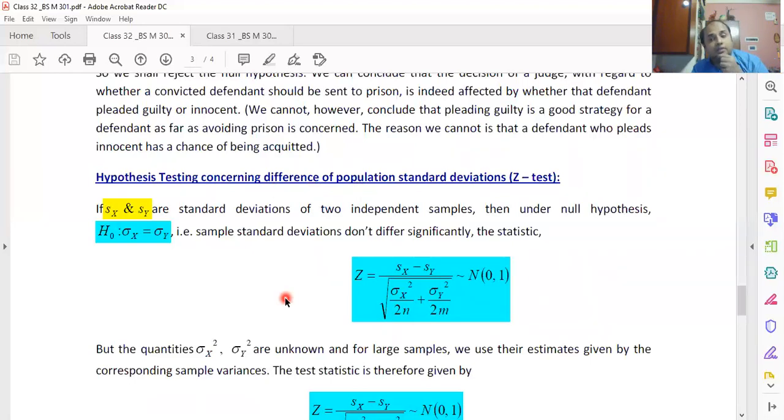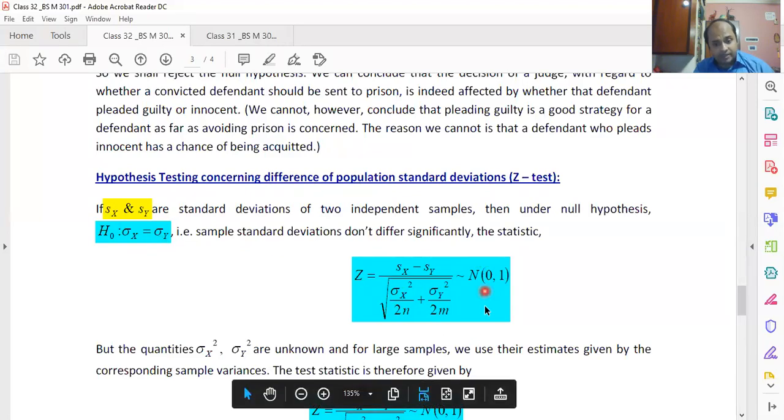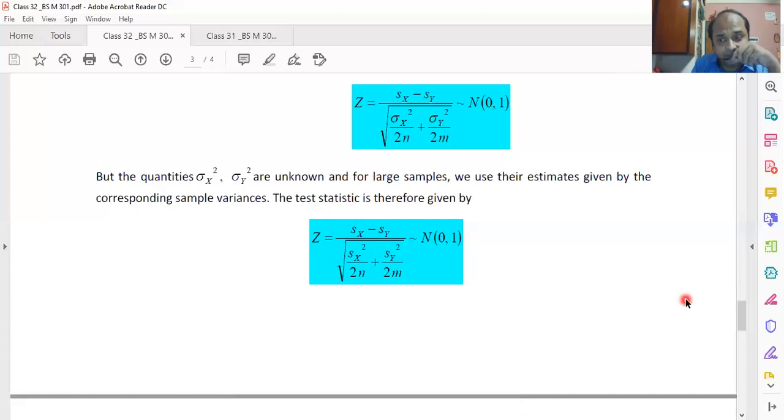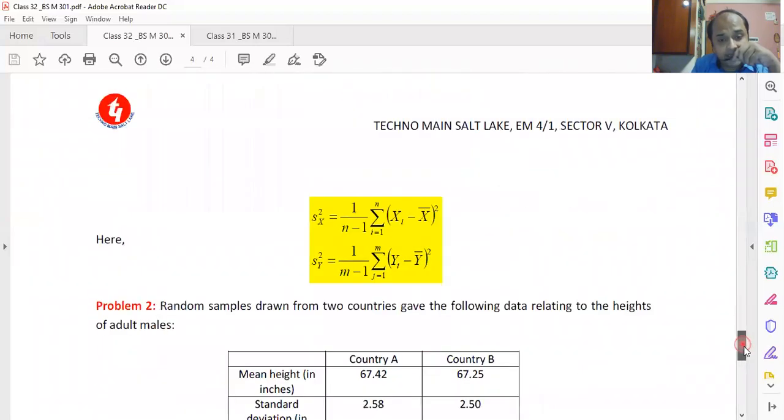If I do not have any idea about the population standard deviation, then we have two populations. If I write the null hypothesis as sigma x equal to sigma y, I'm testing the equality of the two population standard deviations, we can take the help of this. Since population standard deviations are not known, we can estimate them by the sample standard deviation. Okay, this is one aspect. Another aspect is